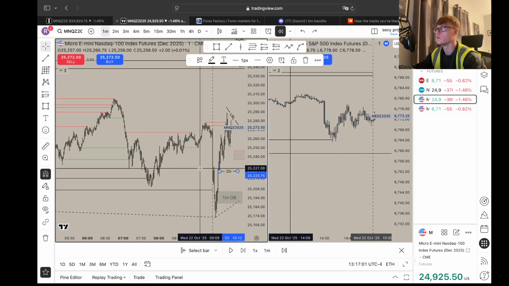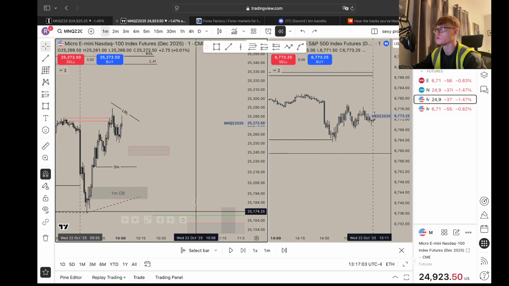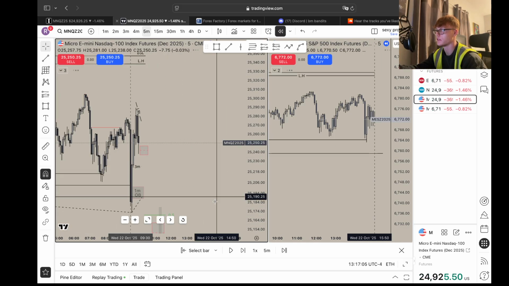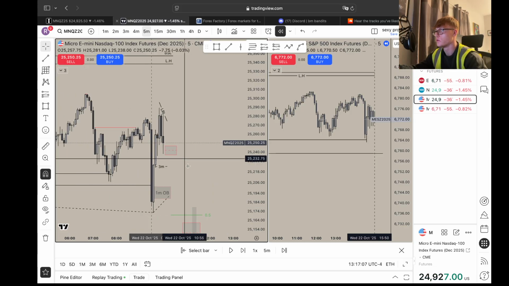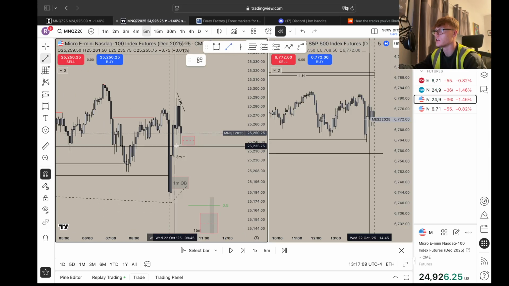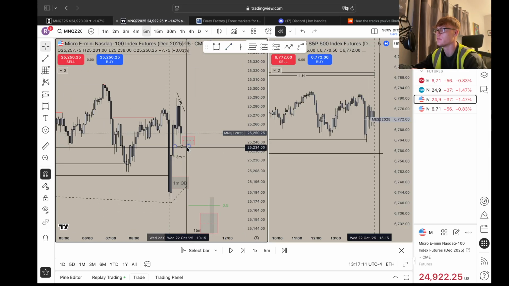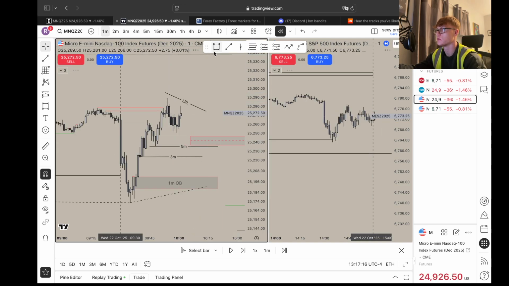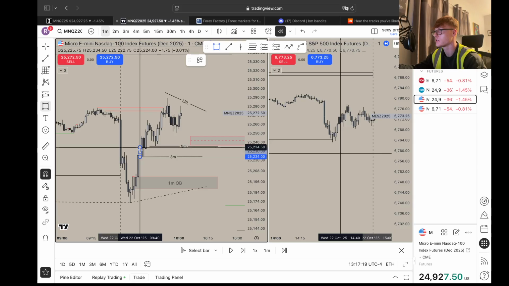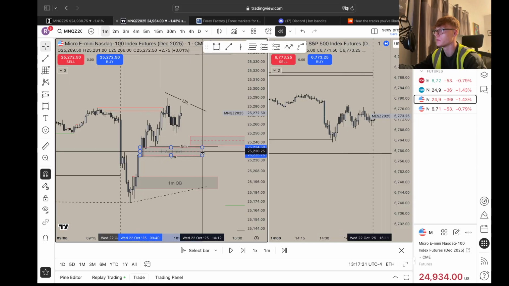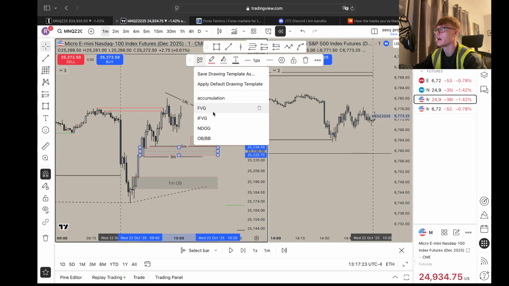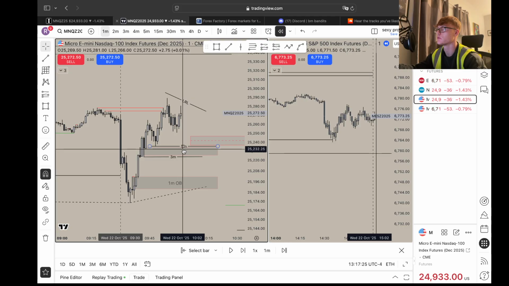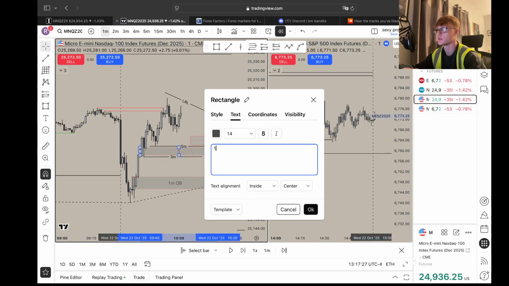And then we'll go on to the trade I was going to take but never ended up taking. So we ended up having this 5 minute here, this unfilled 5 minute, and we had a 1 minute order block within that, or just below that unfilled 5 minute. So you can see here we have this 1 minute OB right here, and I was wanting price to come in to this 1 minute OB